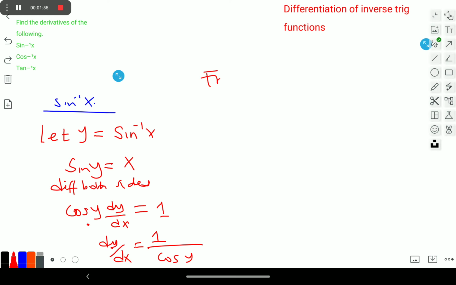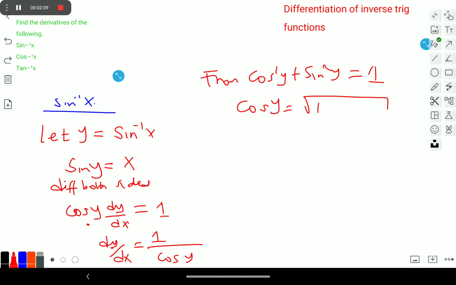From cos squared y plus sine squared y is equal to 1, we can have that cos y is equal to the square root of 1 minus sine squared y. And now we know sine y is the same as x, and then at this point we shall get cos y is equal to